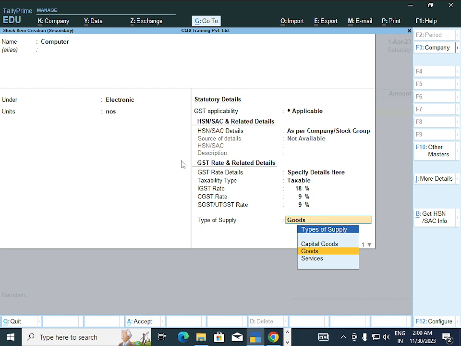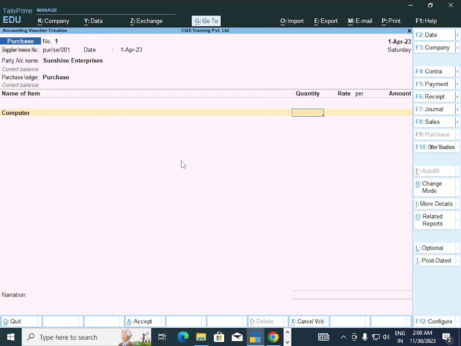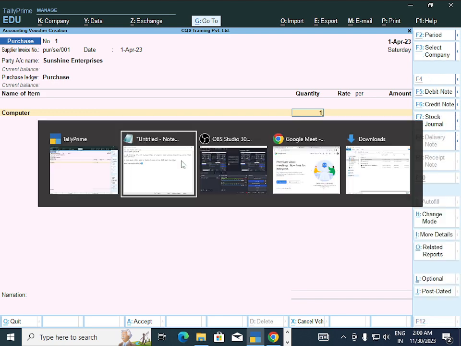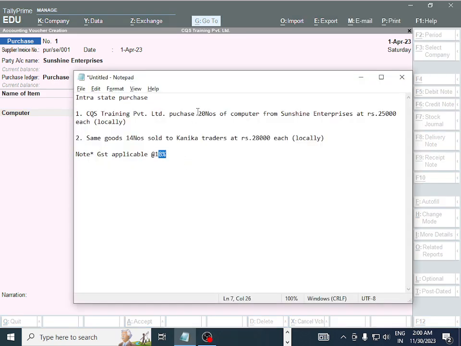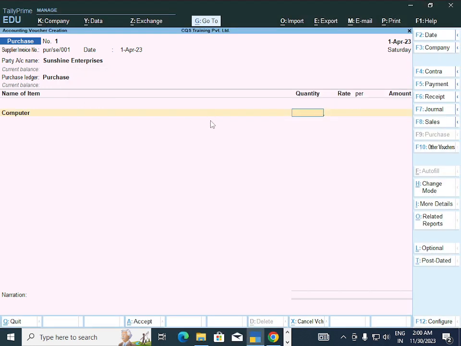So type of supply is goods, because we are purchasing goods from Sunshine Enterprises. 20 computers we are going to purchase. Type 20. Rate, the individual computer rate is 25,000 each.